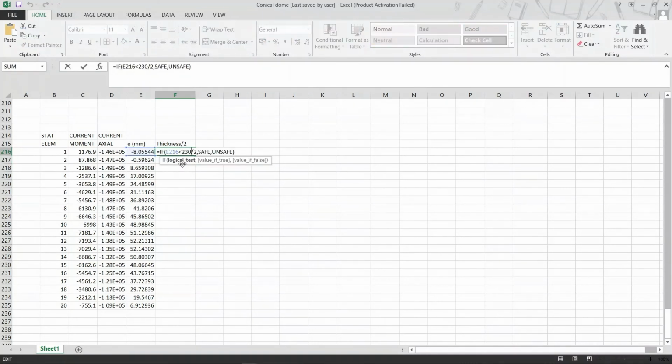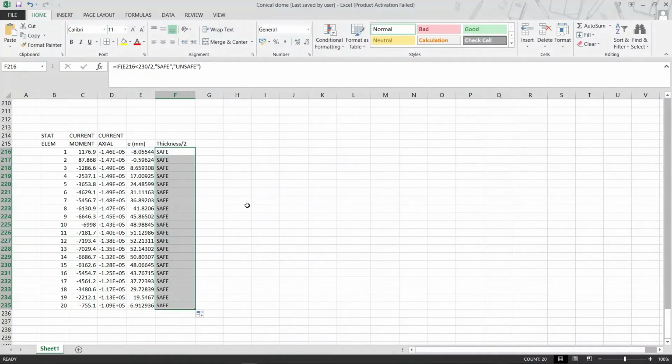There's an error. Let's see what this error is. Yeah, I didn't go on with the apostrophes. As you can see, our if statement is working and our geometry is also safe.